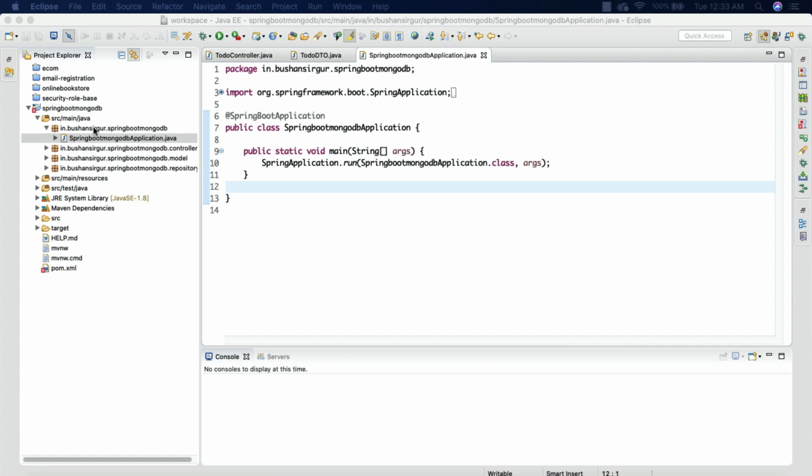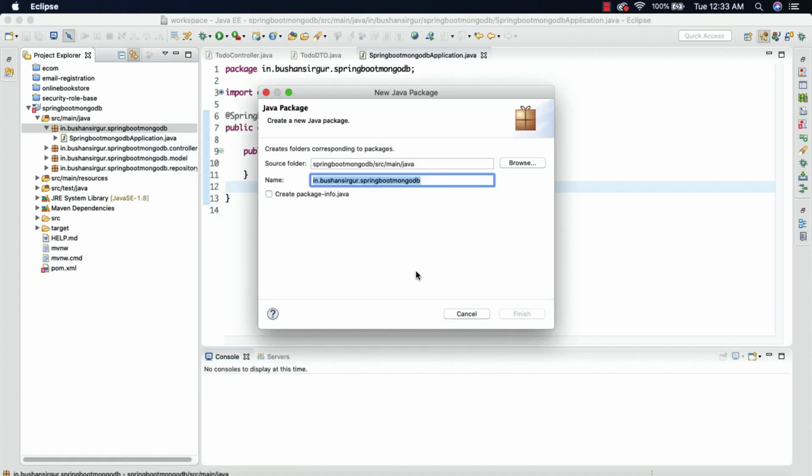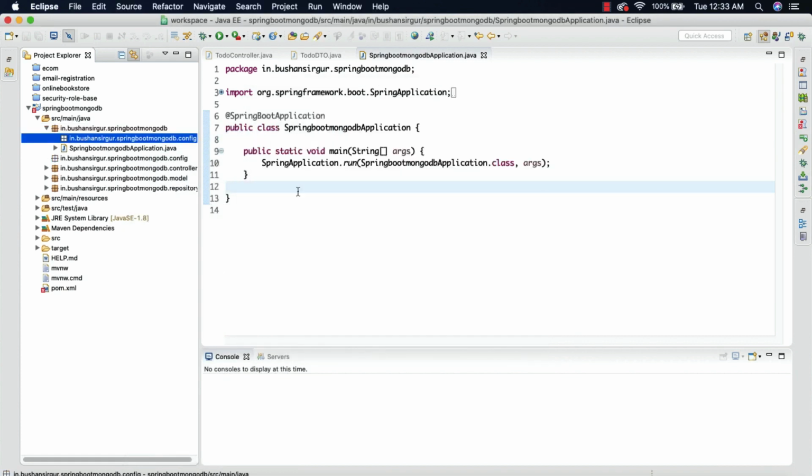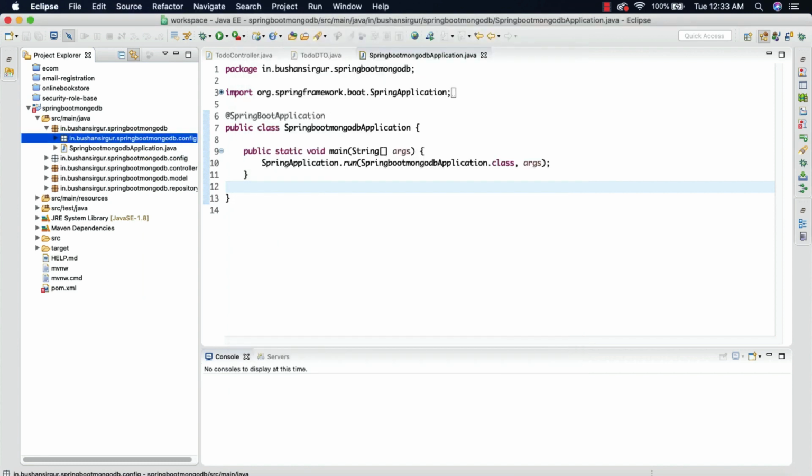I'm going to create one more package, and I'm going to call this config. Inside this I'm going to create a class, and I'm going to call this ValidationConfig.